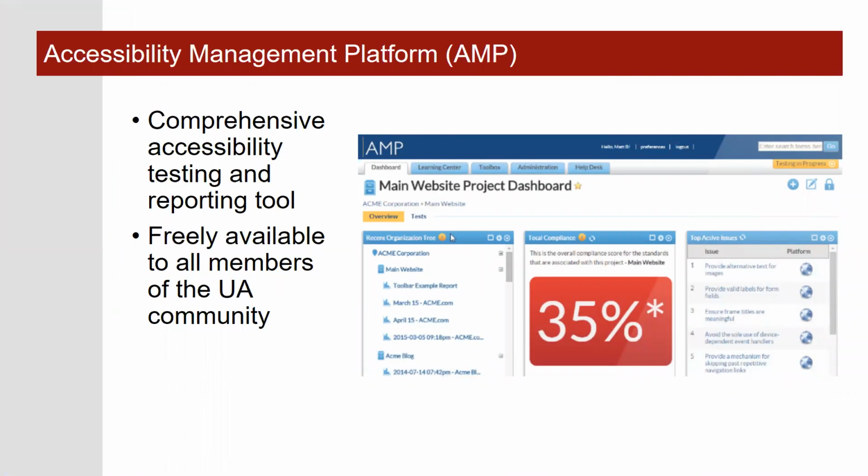All members of the UA community also have access to Accessibility Management Platform, or AMP, which is a comprehensive accessibility testing and reporting tool. WAVE works well for evaluating single pages. AMP might be more appropriate if your primary work responsibilities include web development, or you manage a large website or a large number of websites,